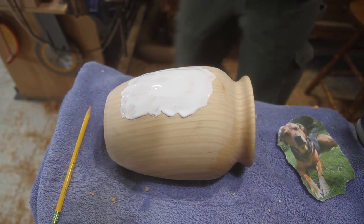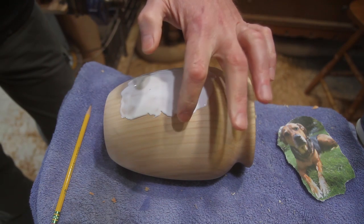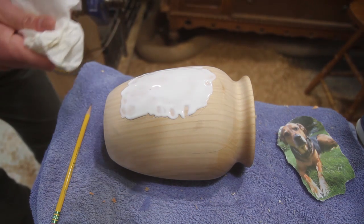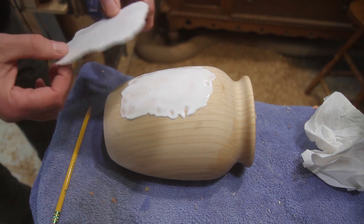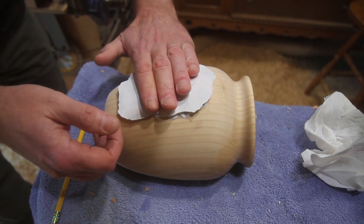And if you were doing just a flat piece of wood, or if you wanted to do one of these and you want the picture to look like the original, I didn't do it on this one, but we did it on the ones we did with Robin's mom. When in the editor, you flip the picture so that when you put it on this way, it's the same way you're seeing the original. So just put it on like that,